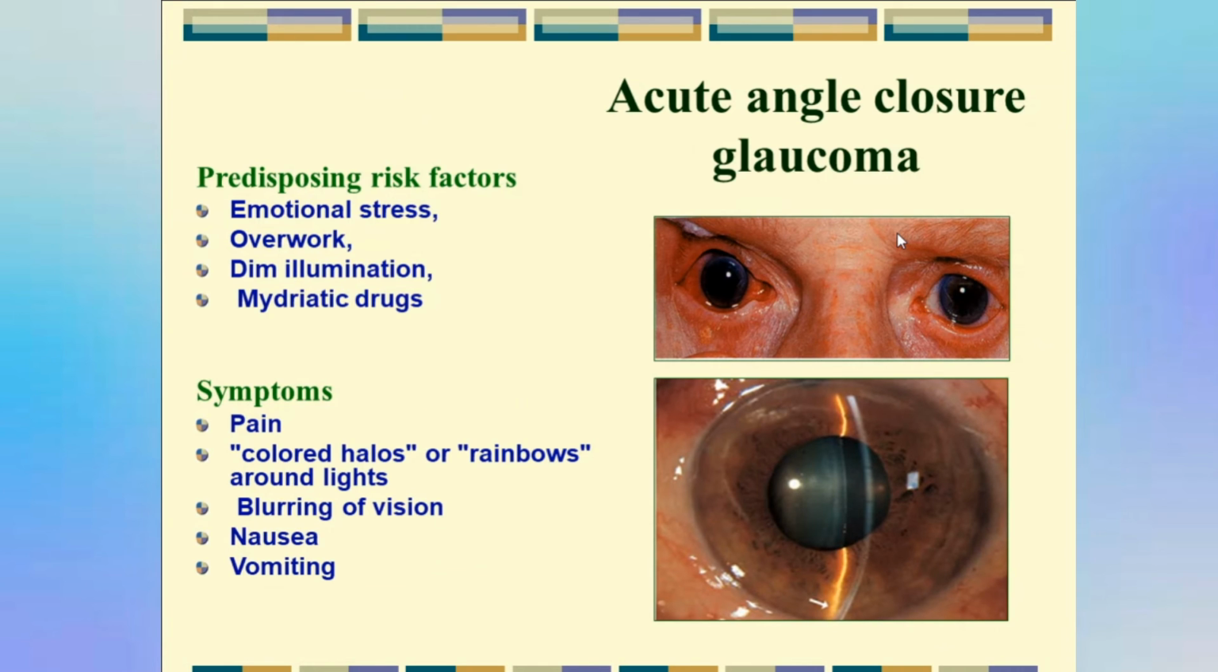There are some risk factors for acute angle closure glaucoma. These are emotional stress, overwork, dim illumination, mydriatic drugs, and anatomical risk factors. These are big lens, small eye, hyperopia. Symptoms are as follows: pain, a severe pain, it's an urgent situation, color halos or rainbows, blurring of vision, of course, nausea, vomiting,